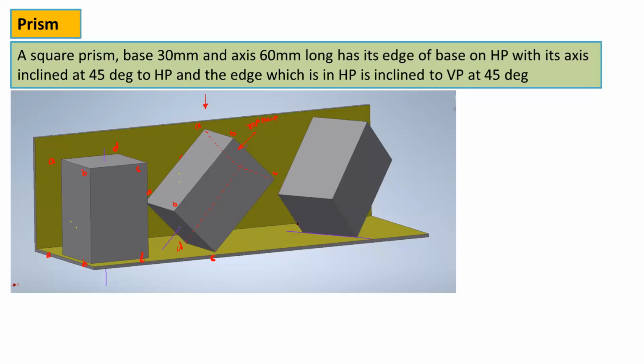Now for the third stage, we will rotate this top view in the second stage such that the edge CD, which is the base edge, will be inclined with the vertical plane by 45 degrees. Here you can observe this is a line which is passing through that edge CD, the base edge on which the solid is resting. This edge must be at 45 degrees with the vertical plane or the XY line. So we have to just rotate the second stage top view.